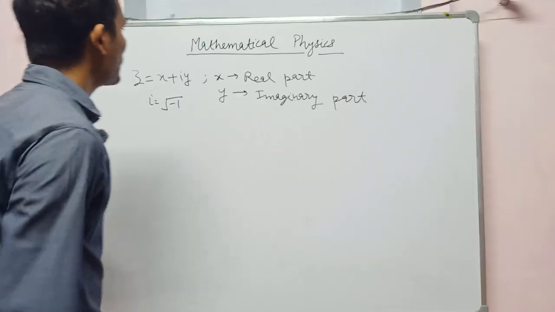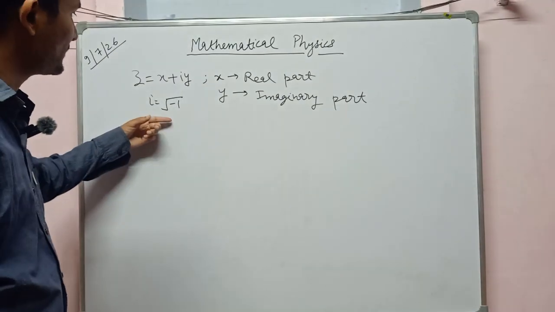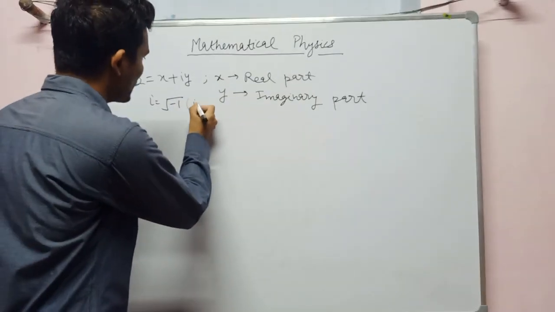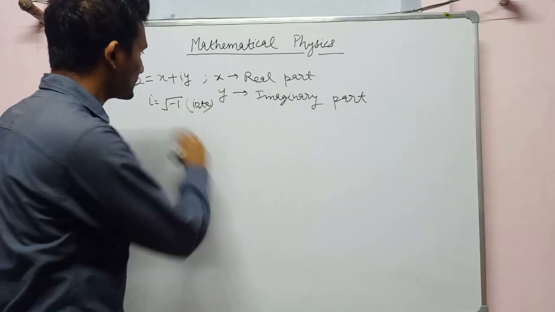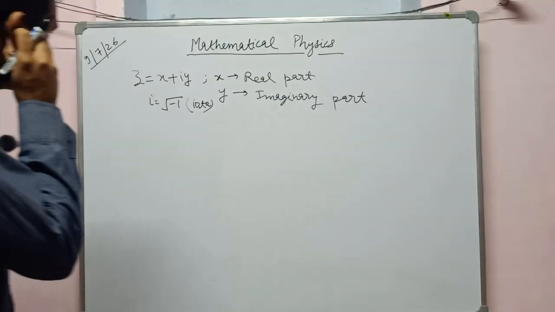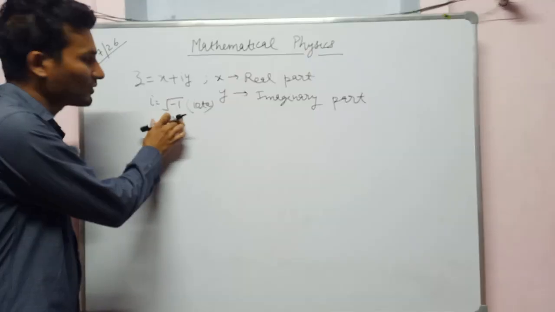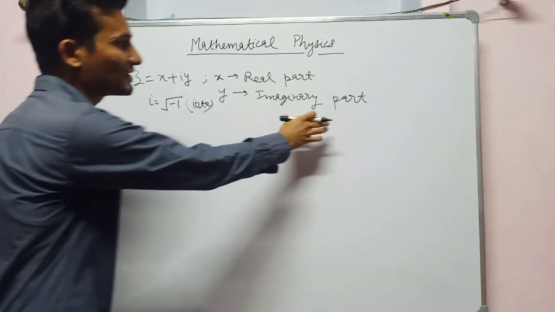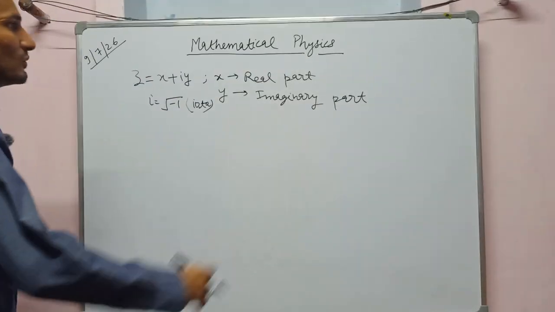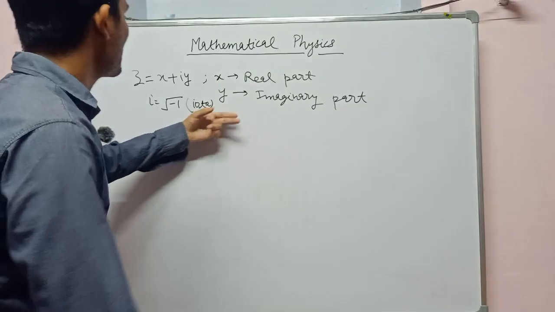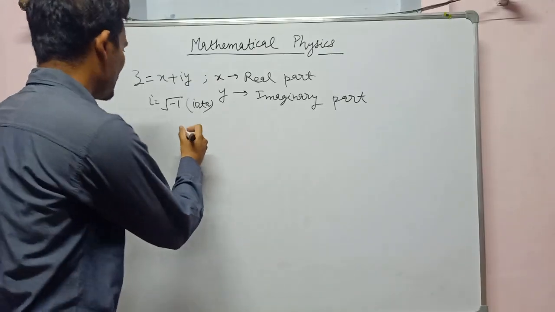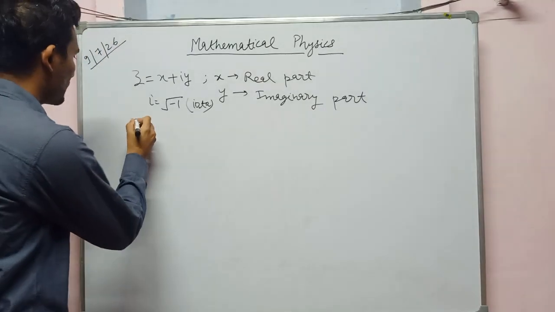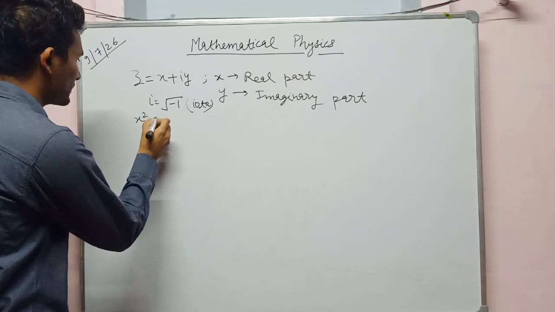Now I will discuss the origin of this i, which will be pronounced as iota. For the origin of this i, why do we need this? Why do we need these complex numbers? Why do we need the imaginary numbers? Where did we arrive at these numbers from? Let me help you with an example. Let me take a quadratic equation, x square minus 1